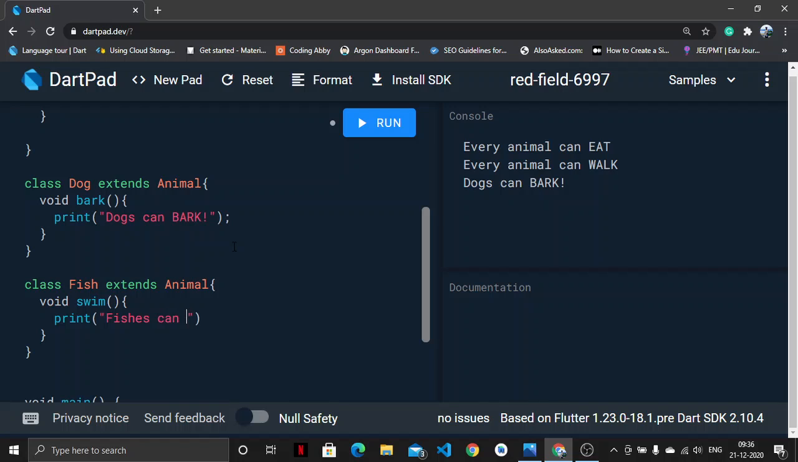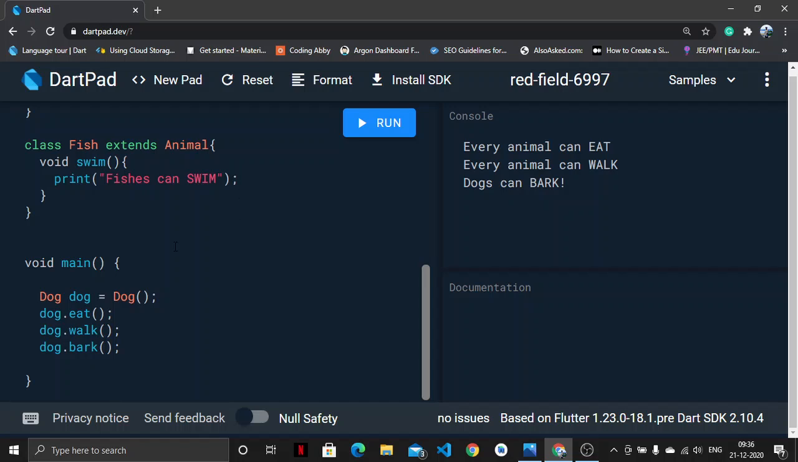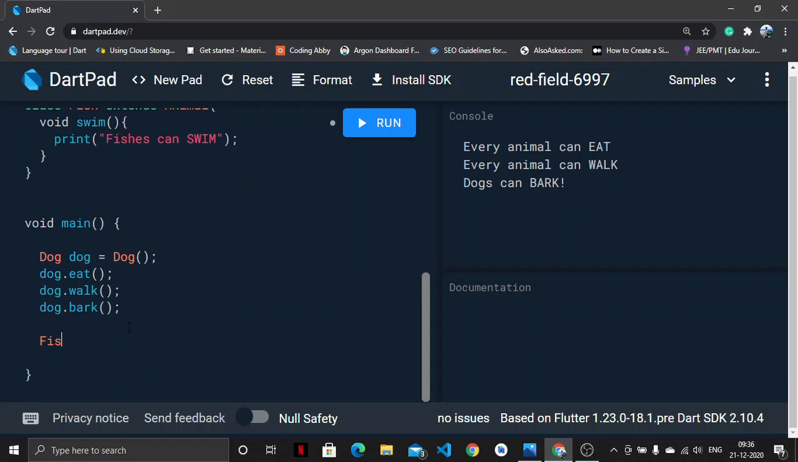So we will write swim, and "Fishes can swim". And a semicolon there, never forget the semicolon. If we create again an instance of the fish class, let's say myFish is equal to the constructor for Fish,